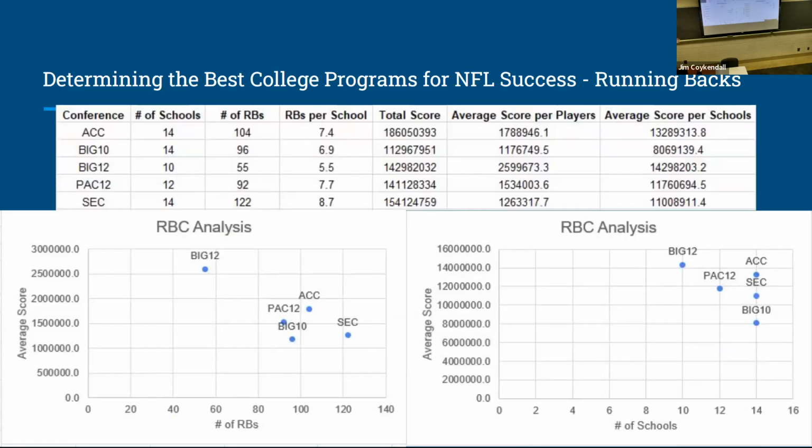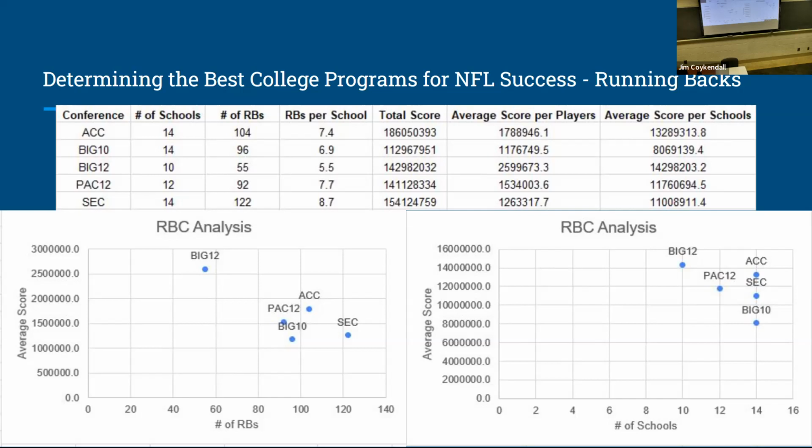So here we have the same thing that we saw for quarterbacks, but for running backs. And I deemed that the best running back conference is once again the ACC. We can see them over on the right. Their title number of schools and that score is the second highest, only behind the Big 12. And over here, they produce the second most amount of running backs, and they have the second best score. The ACC, they have, as we mentioned, Frank Gore, Clinton Portis, LaShawn McCoy, Dalvin Cook,